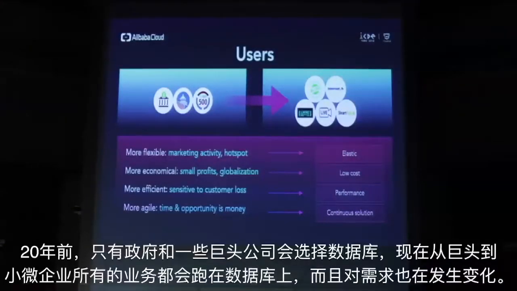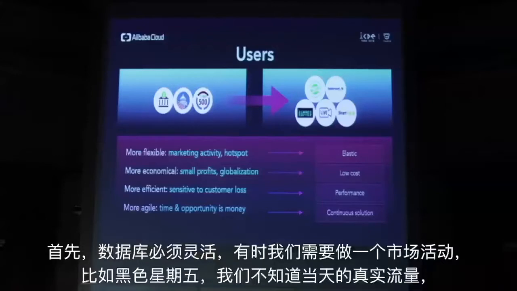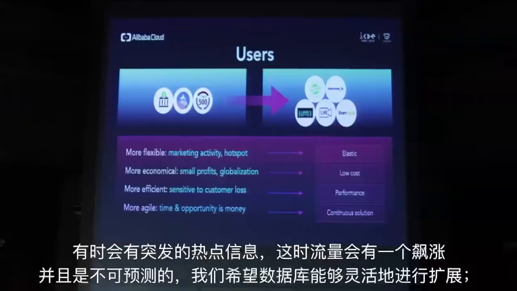20 years ago, only the giants like the government, the big company, could use a database. Now all the business from the giants to the tiny ones runs on database. And the requirements for database change a lot. First, the database should be more flexible. Sometimes we need to do a market activity, like the Black Friday. We don't know the real traffic on that day, and sometimes hotspot scenes come in sudden,